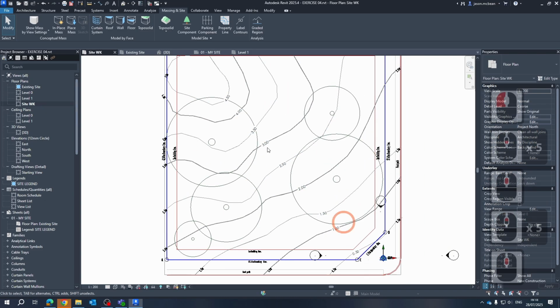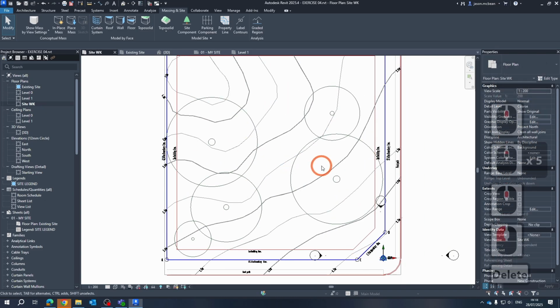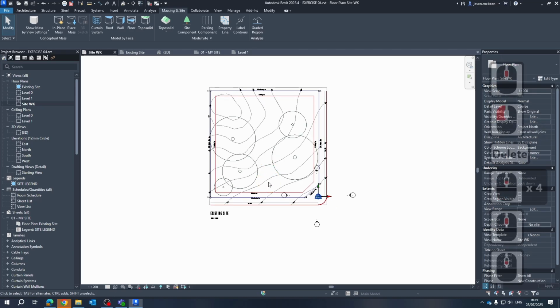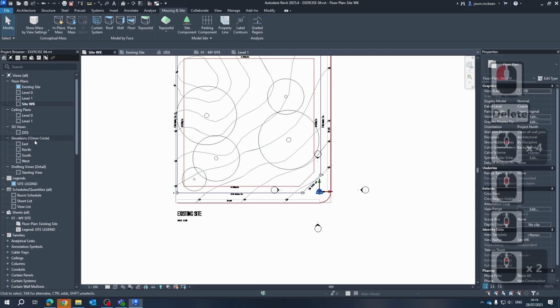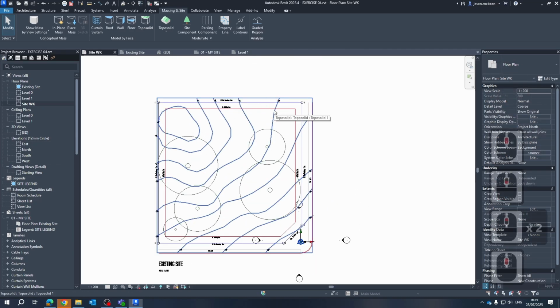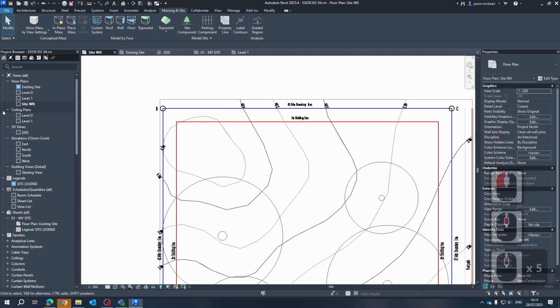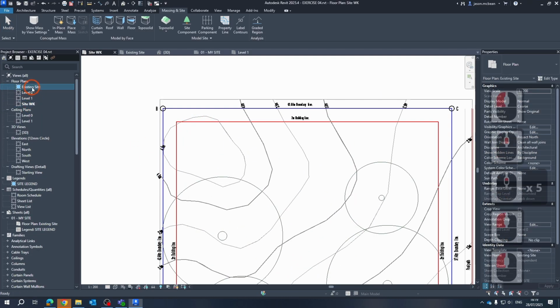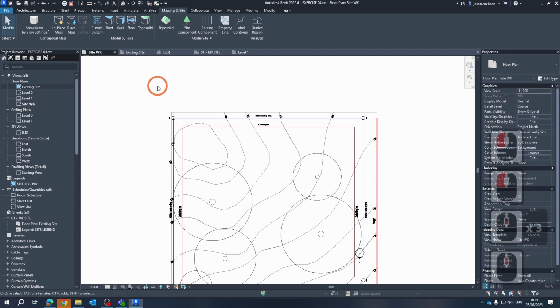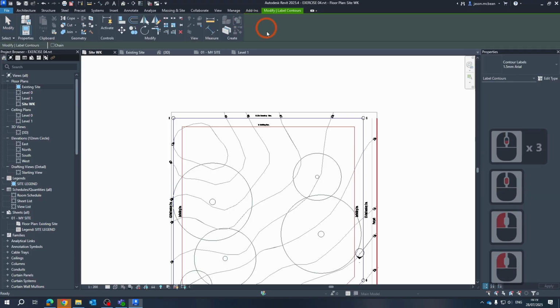Cool. Now that we've got these levels in place, we're pretty much in the home stretch. We've got the view looking correctly. Now we just need to start adding additional information. Some things will be linked between this site working and existing site view, so there will be links, some things won't. So the first tool that we're going to use, it's in massing and site again, will be